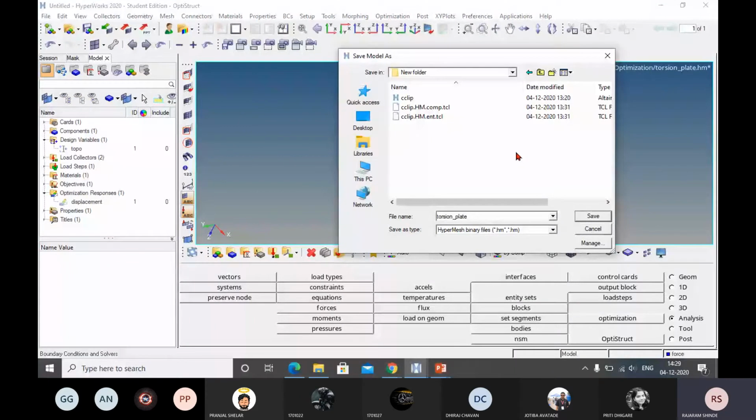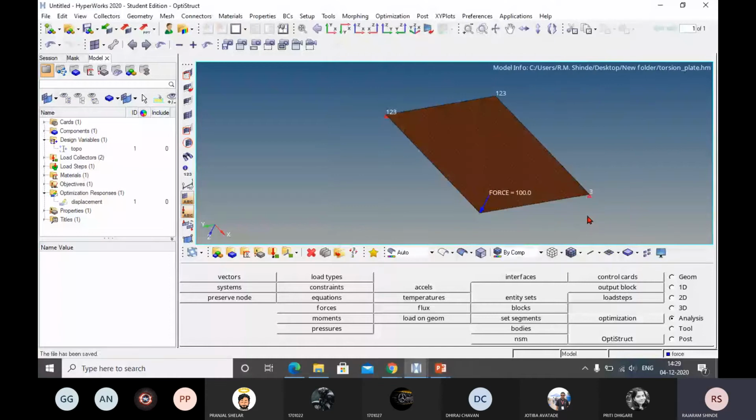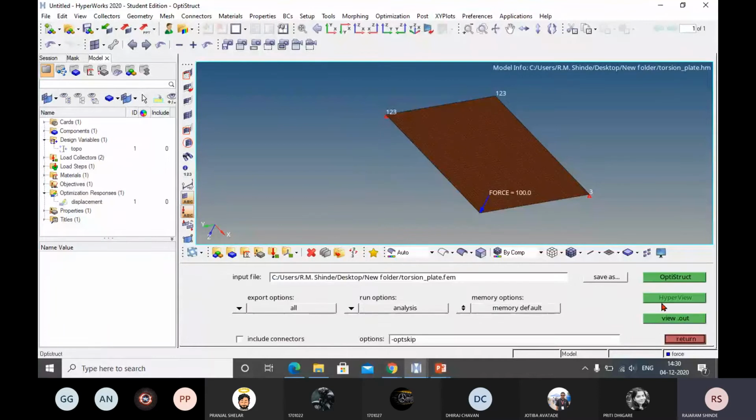I will save as torsion plate. Next you solve it, click on OptiStruct. Now we are going to do the optimization, so you keep export option all and run option as optimization, and click on OptiStruct.